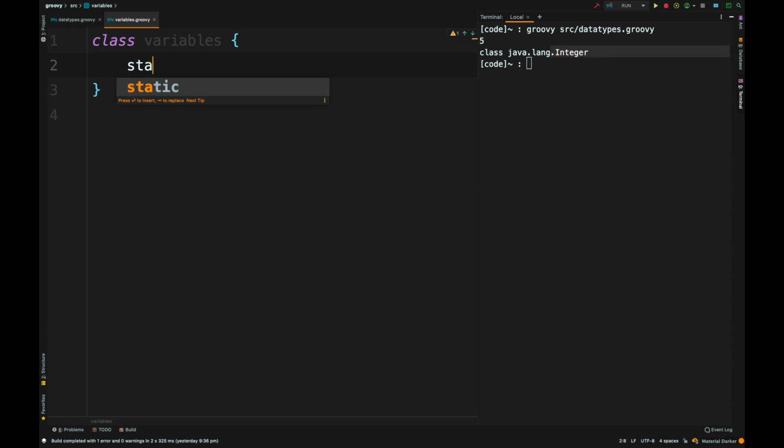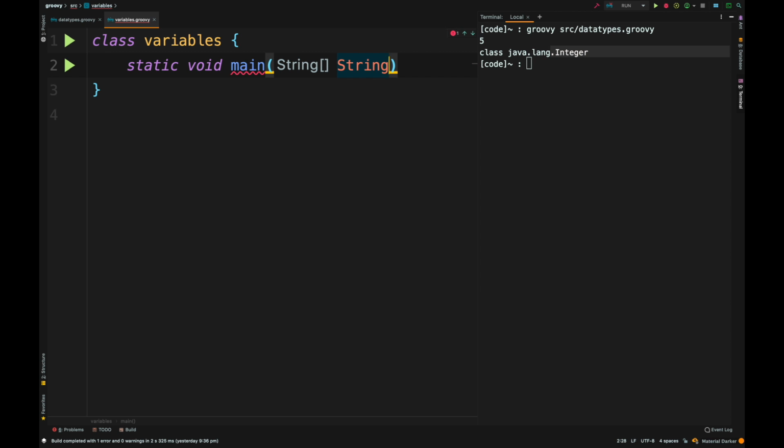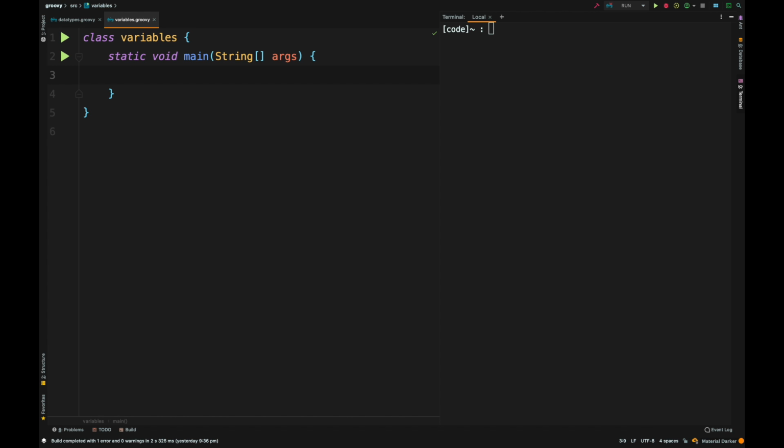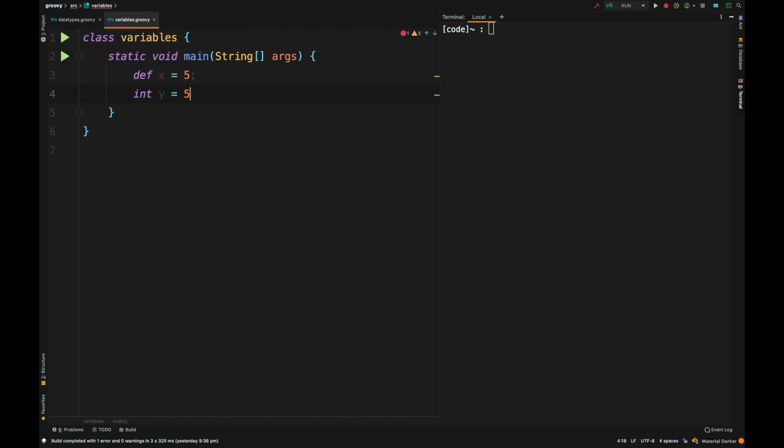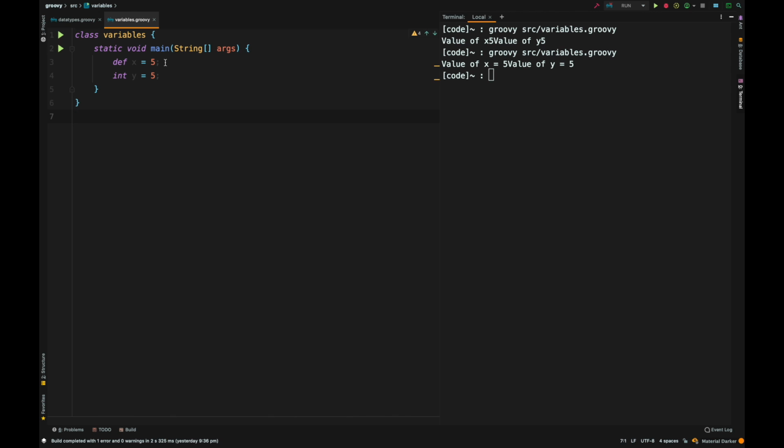For example, I'll use a static void main, and I'm just going to do String args, and that would be a type of array, and we do a code block. Now within the code block, I will define def x equal to 5, and then int y equal to 5 as well. Okay, given the code here, we have two variables.